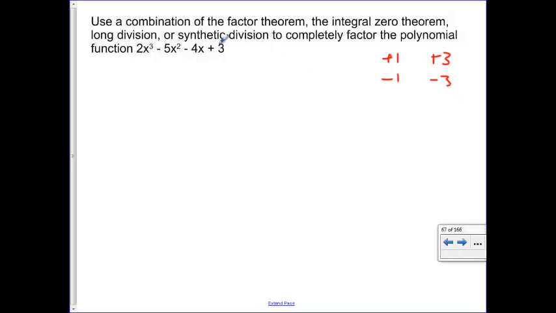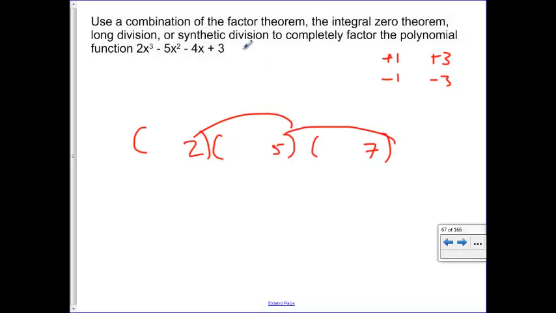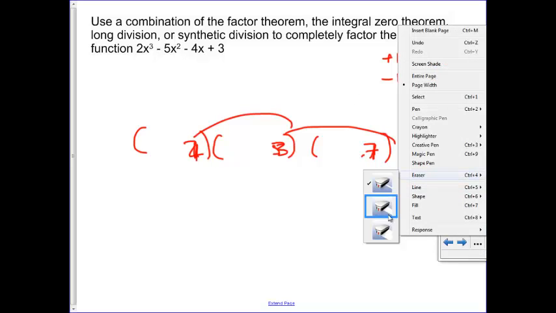Why are those the ones you choose? Because that's the only way to get this 3 as that constant term. Does that make sense? When you multiply this guy by this guy by this guy, I can't have this be a 2 and a 5 and a 7, because then when you do 2 times 5 times 7, it's not going to be 3, right? So these numbers have to be combinations of 1s and 3s. To be honest, can I even have 3 in there twice? Like if I have +3, could -3 also work? Because then when you multiply them together, it would give you 9, and that would be too big. So